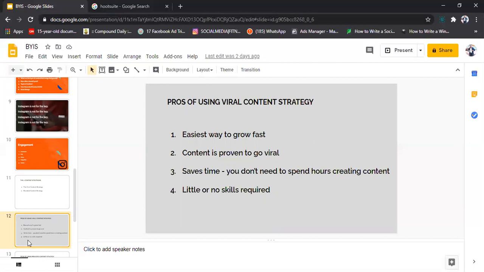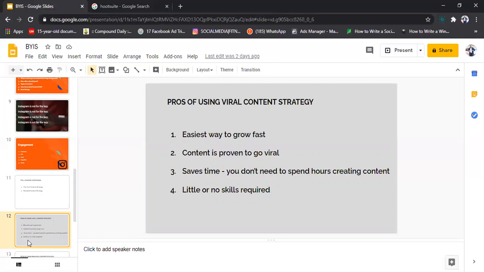So the viral content strategy works by you locating content in your niche, from people in your niche. You locate content that is doing extremely well, content with thousands of comments and thousands of likes.